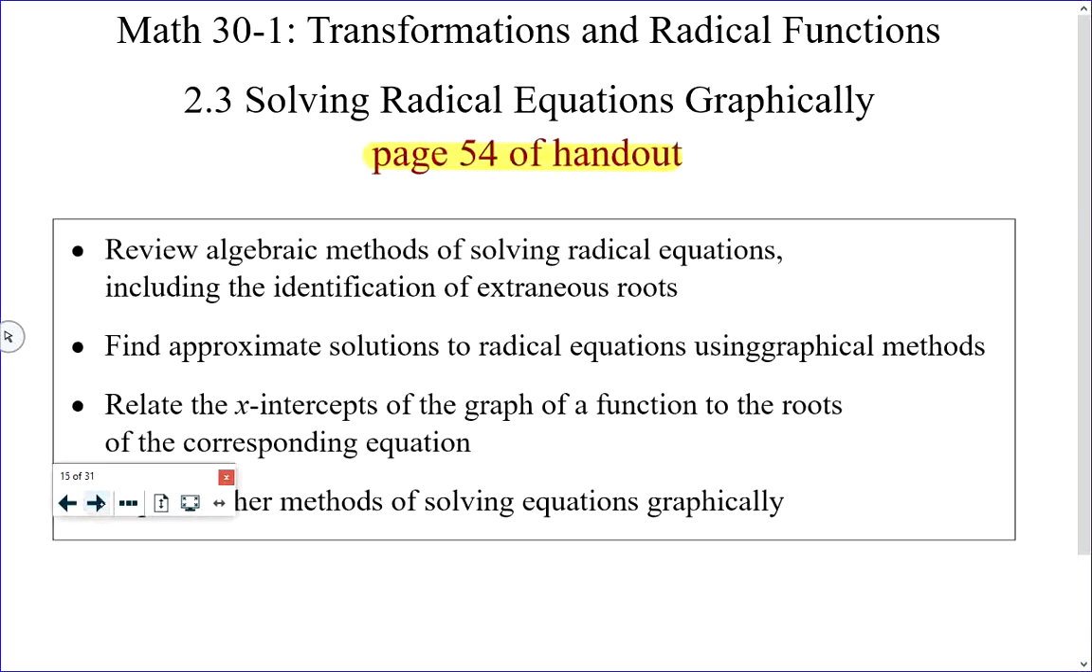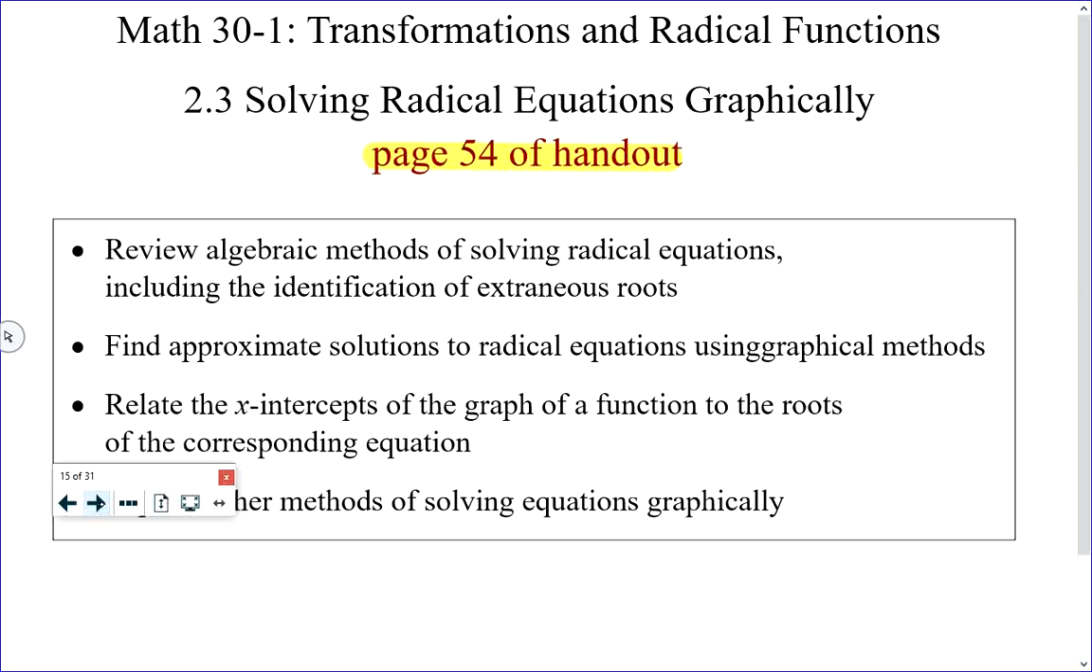So we're going to review how to solve radical equations, because in Math 20-1 you learned how to solve radical equations algebraically. When you solve radical equations, it turns out that there's always a potential for an extraneous root. And I don't know if you remember what an extraneous root is. A root is a solution to an equation. An extraneous root is a solution you get to an equation when you do things algebraically and you've done them